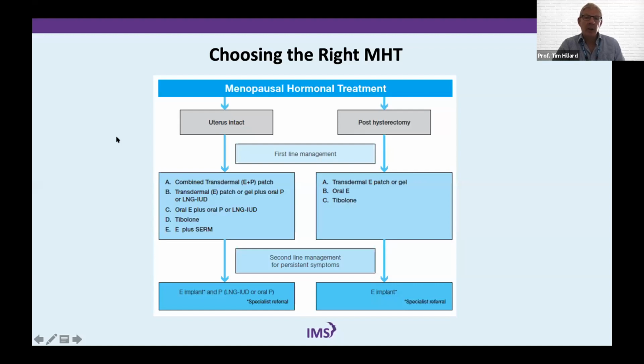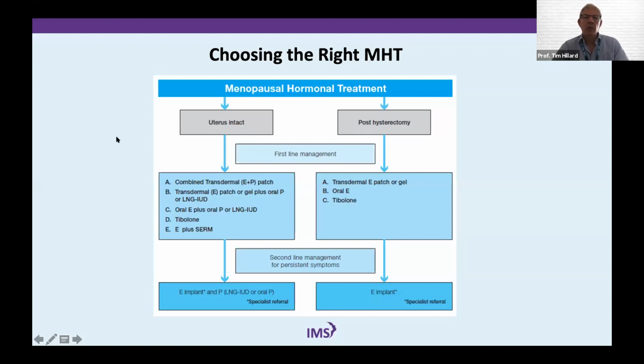You can look at a quarterly bleed option where your progesterone is given every 3 months, and this can be quite useful particularly for women who are struggling with the progesterone component of their treatment. But it is important to recognize that in this group, you can get irregular bleeding during this 2.5 months before the progesterone is added, and there is an increased risk of endometrial hyperplasia if this treatment is continued for any length of time. So it's certainly not a long-term option, but can be a useful shortish-term option.